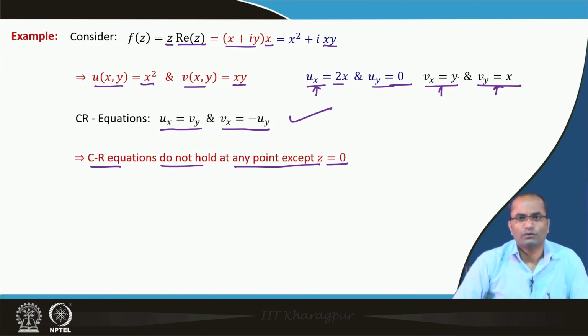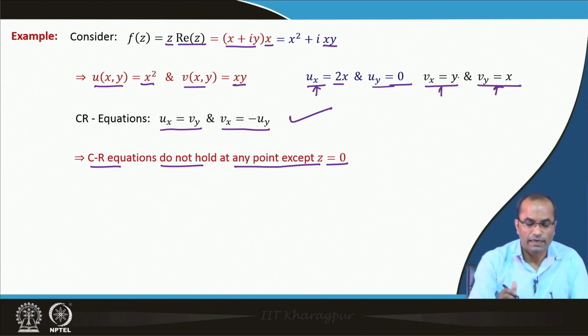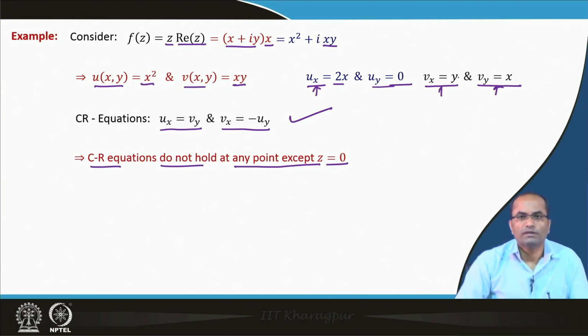So, just to conclude again, for differentiability at z equal to 0 we need to check, because we cannot conclude from the CR equations. Second, about the analyticity at z equal to 0, we can definitely say that the function is not analytic at z equal to 0, though it may or may not be differentiable, which we have to check. But regarding analyticity, at this stage itself we can conclude that the function cannot be analytic at z equal to 0, because if the function is analytic at z equal to 0, then it has to be differentiable in a neighborhood around z equal to 0, but the CR equations say that the function